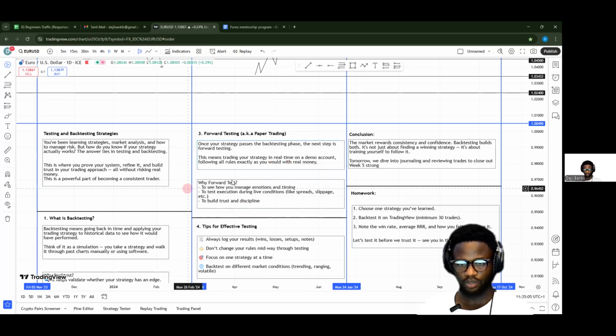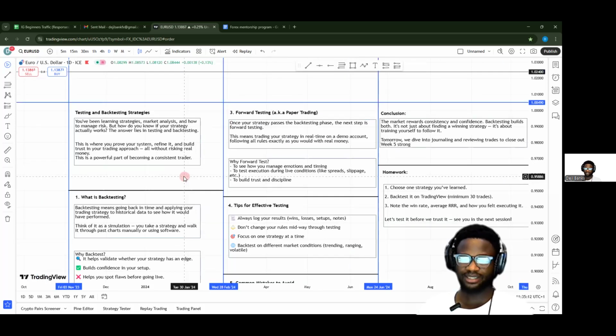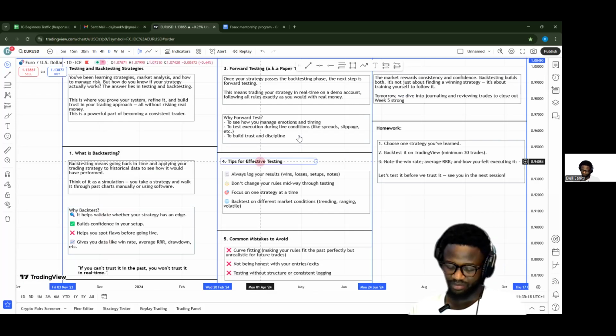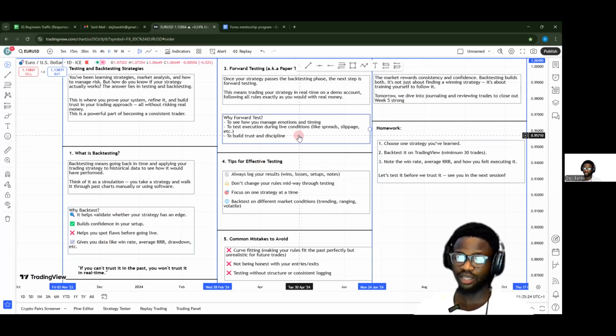All right. So why forward test? To see how you manage emotions and timing. Now, in backtesting, you notice that there was nothing like managing emotions here, right? Now, a lot of traders will debate that on demo there is no emotion attached. Don't lie to yourself. There is. You are not just looking, right? Is it that you find out that you are getting greedy, you are using lot size like a thief, or you are trading a demo like the money is going to leave your bank account? You are either on any of those sides, right?